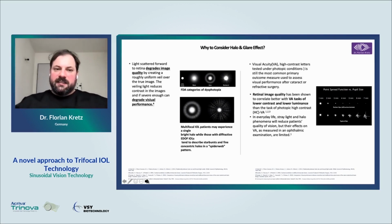And if we look at light scattering forward to the retina, it degrades image quality by creating a roughly uniform veil over the true image. The veiling glare reduces the contrast in the image, and if severe enough, can degrade visual performance. But you always have to think about that only happens if you have a really dark room and you only see that halo, and the halo becomes stronger than the actual focal point,